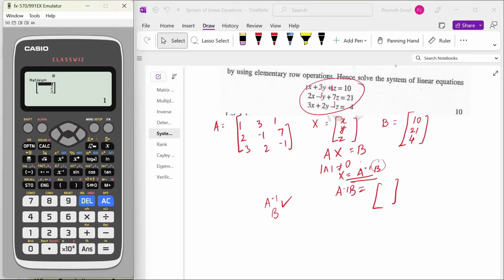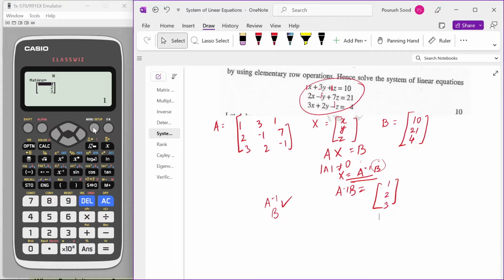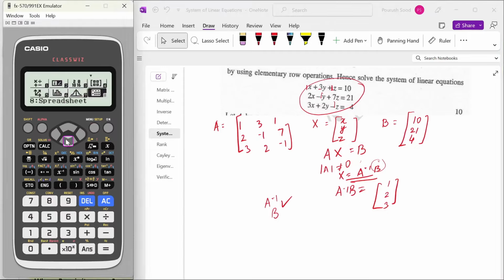So actually the answer should be 1, 2, 3, which you can verify using the calculator. There is one more way to solve linear equations using the calculator. Let me quickly show you that as well. So if you go to menu and go to the